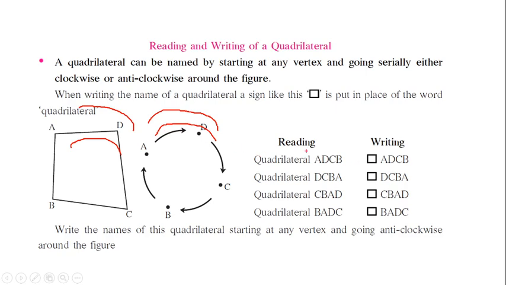What about writing? Reading, we know how to read, and what about writing now? This is the symbol of a quadrilateral. Whenever you want to mention that it's a quadrilateral, it is mandatory to write this symbol of a quadrilateral. As we read triangle or angle, so we write that angle or that triangle. In the same way, this is the symbol for quadrilateral. Next one,